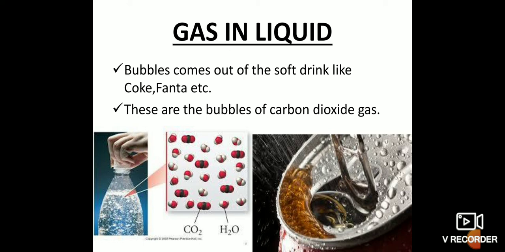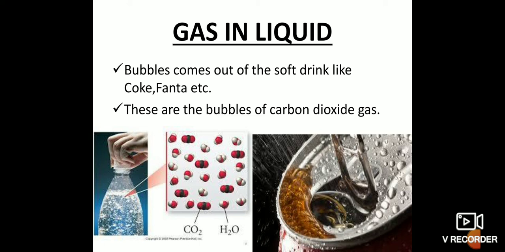These bubbles are the carbon dioxide gas. Bubbles are of carbon dioxide gas. So gas is present in liquid. Now what is the liquid here? Your soft drink, basically. Whatever you drink, the drinking part. But gas is also present in it. So what is the example of gas in liquid? Coke, Fanta, soft drinks,